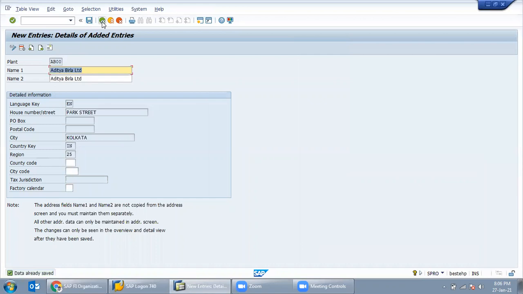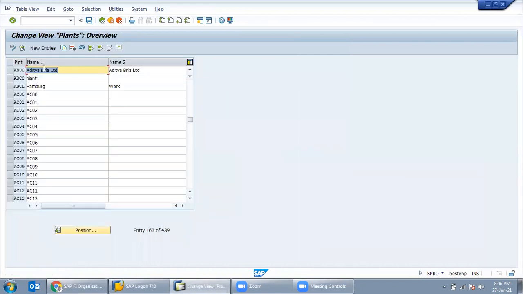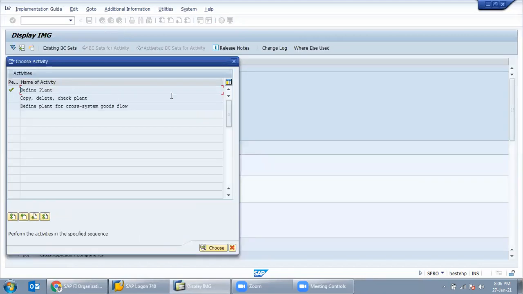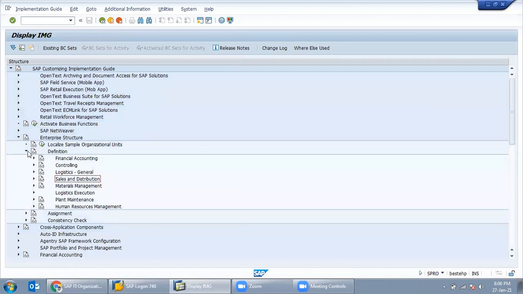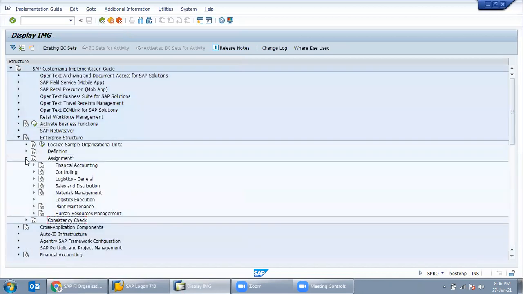So now the plant has been created. Now AB00 plant is created, and you can create the material code in that plant. Now nothing to do here. Now click on assignment.